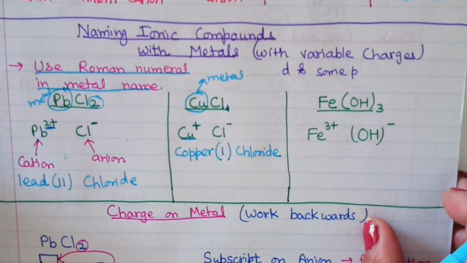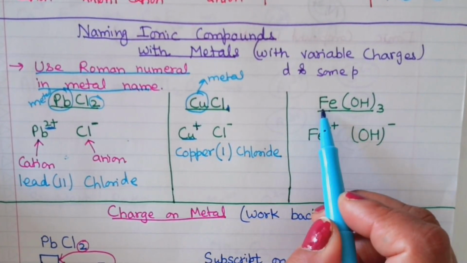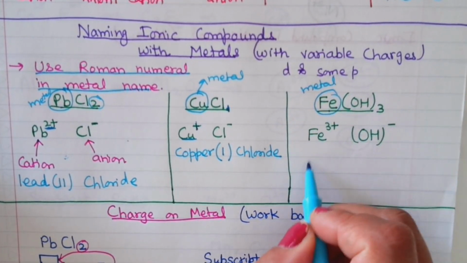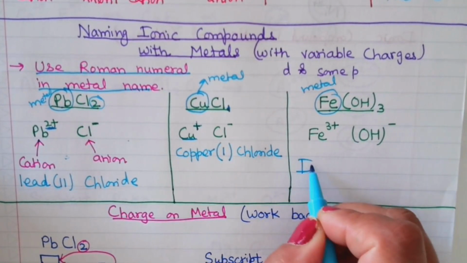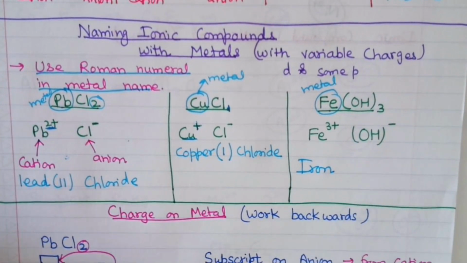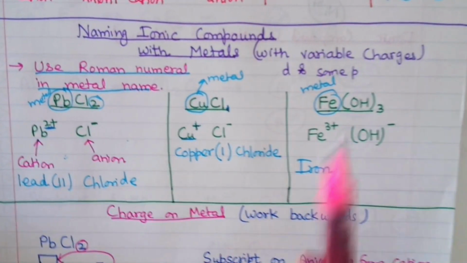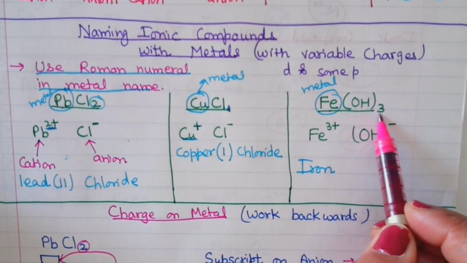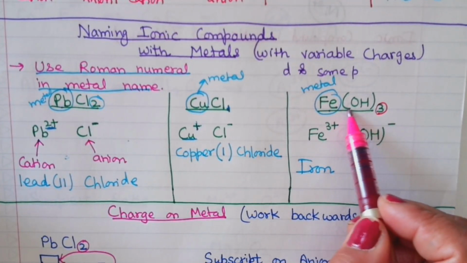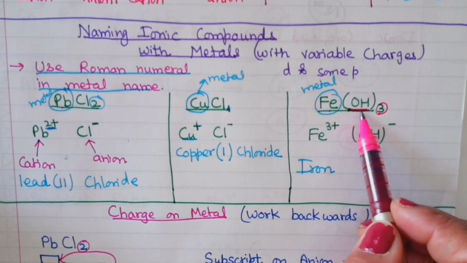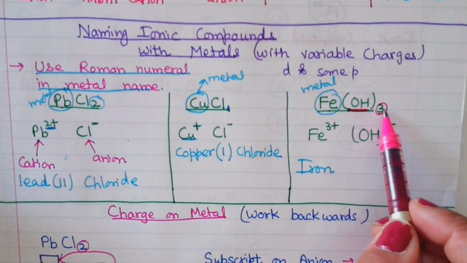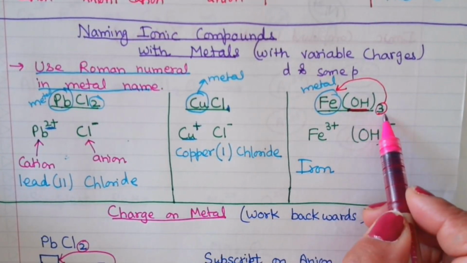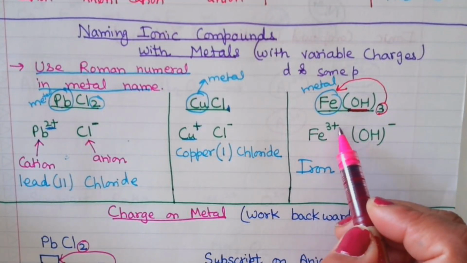Let's see another example. So we have iron metal. So this is the metal. Isolate the metal. We always start with the metal name. So that is iron. Now how do I know what kind of charge iron metal would make when making the ionic compound? Now look at the subscript on the OH, right? This is a polyatomic anion that you need to memorize. So this 3 kind of comes from the metal. So this is the charge on the metal. So I can write iron 3+,